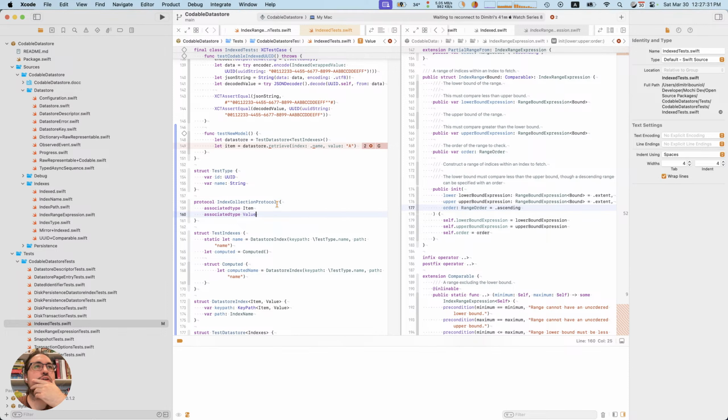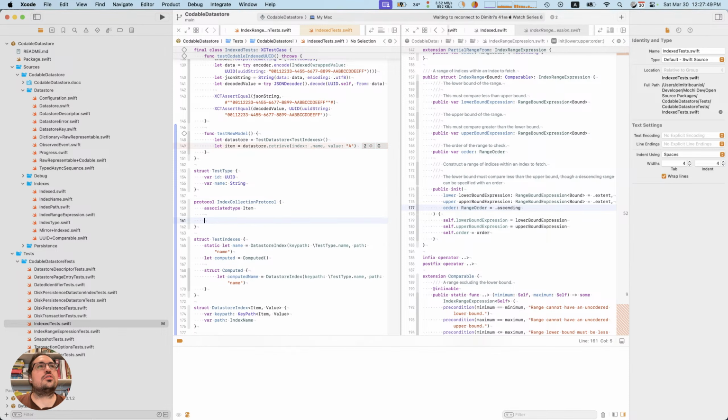But the value's going to be different every time. Value's going to be different. So that's not an associated type. Okay, let's just start with item and see how far we get.